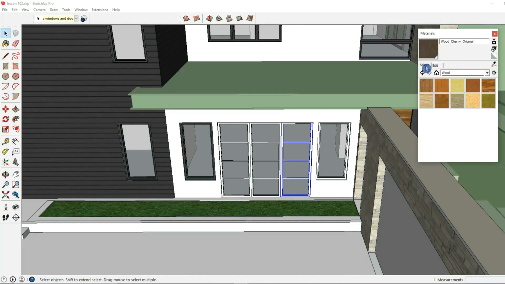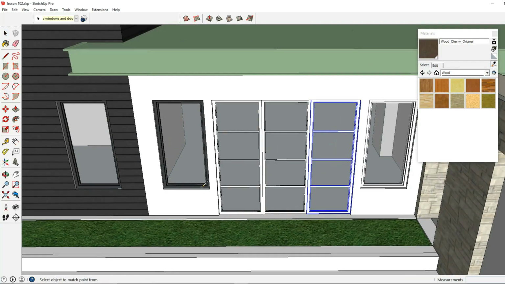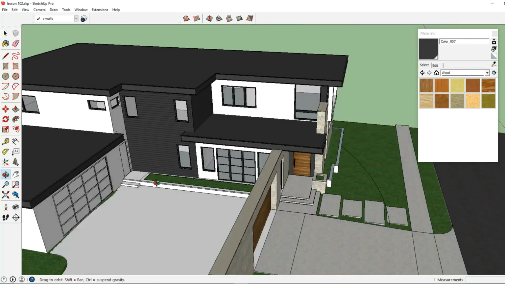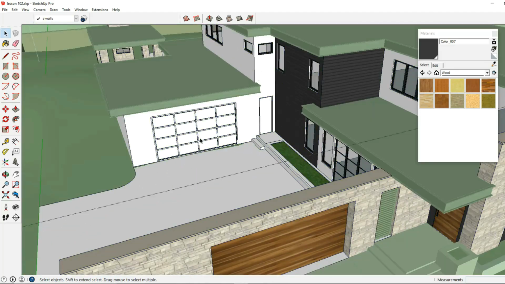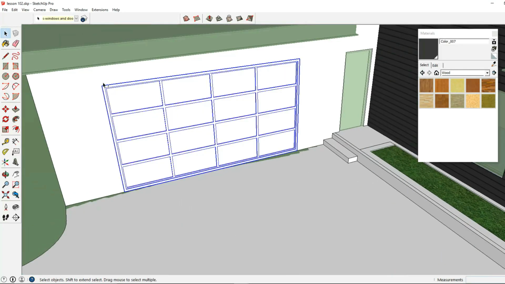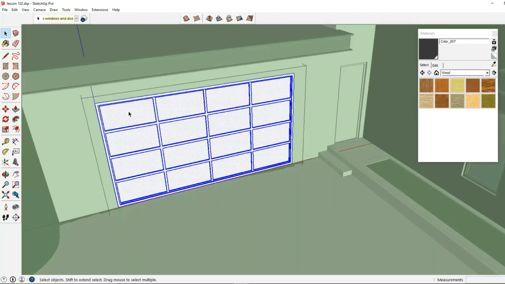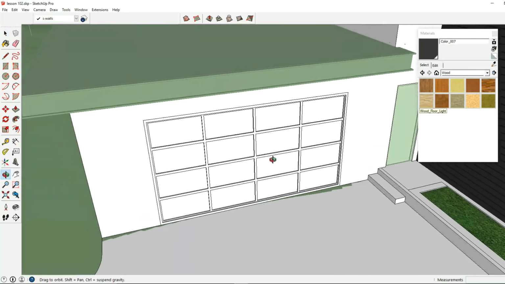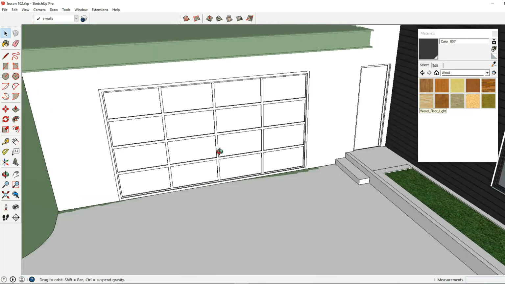And forgot a couple windows here. And my garage door. And actually I want to apply color to my window panes here. So I want to apply